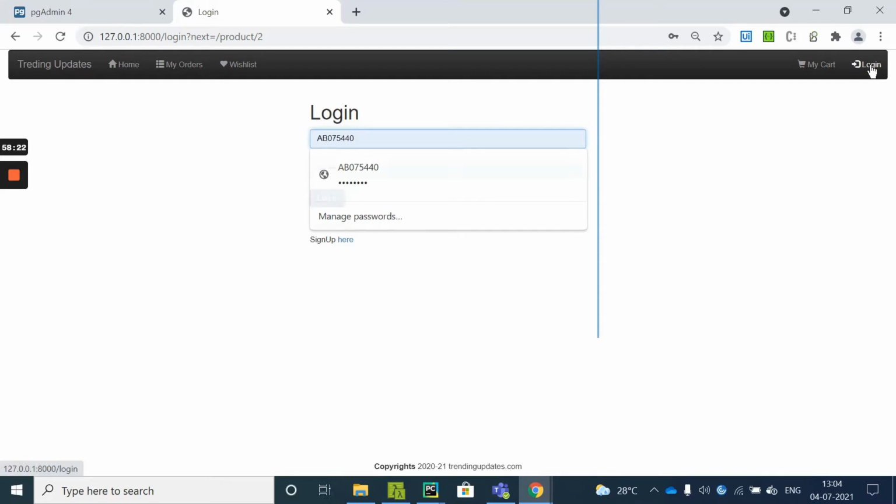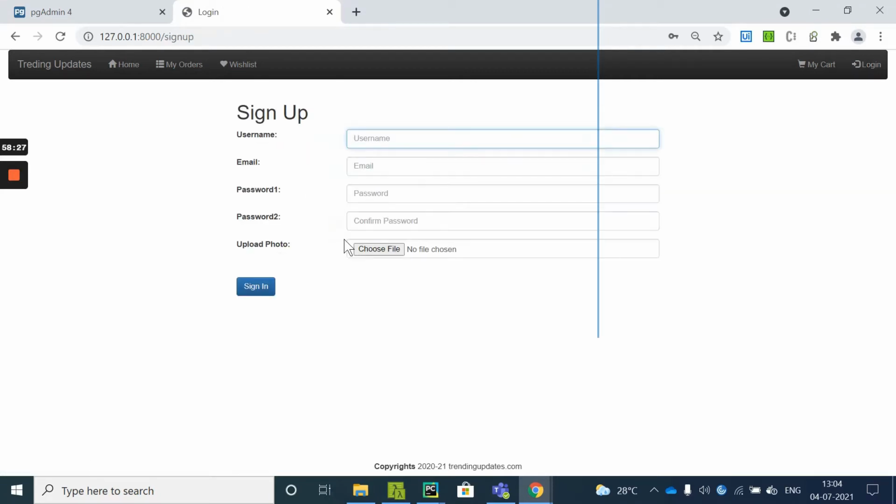And from the login, you see the sign up page is there, which should be visible to all the public users. So we have not added the login required method on these.